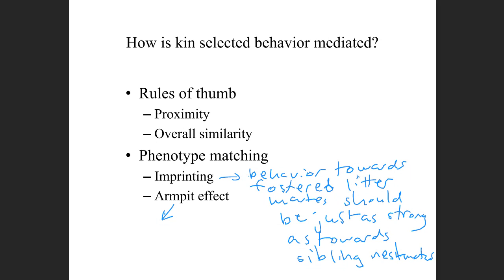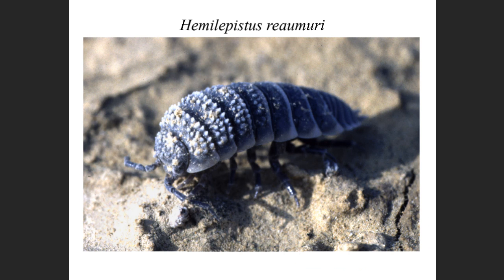This was studied in a few cases. I'm going to talk about Hemilepistus reaumuri, which is an imprinting example, and then I'm going to talk about ground squirrels, no, it might actually have been hamsters, as an example of the armpit effect. But you know what I'm going to do? It's 8, and so I am going to